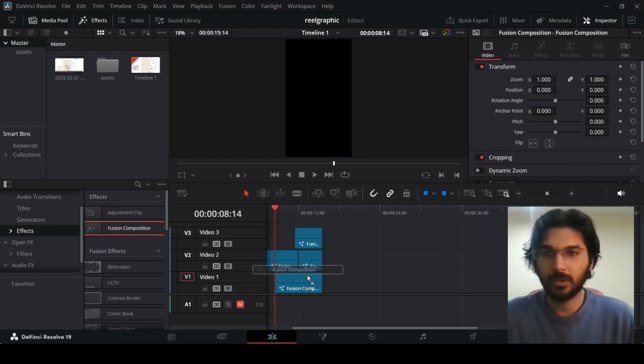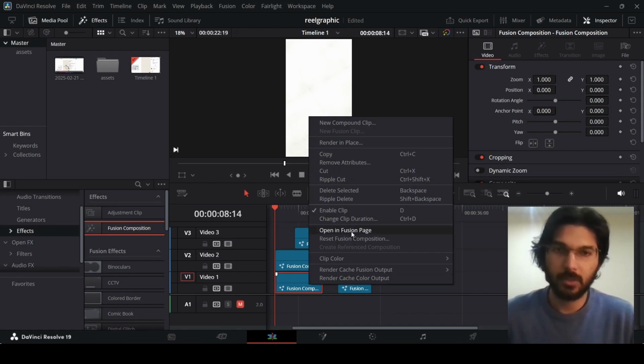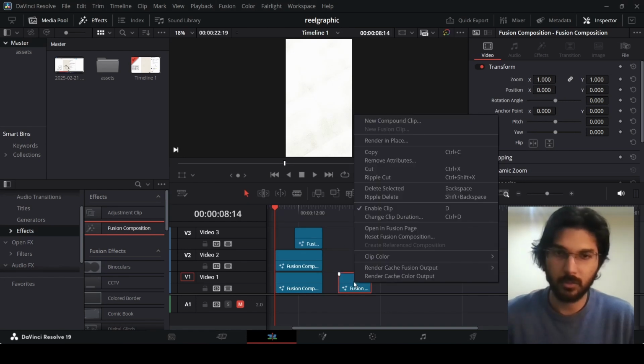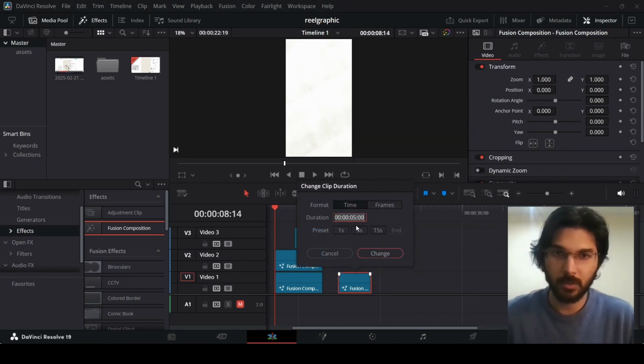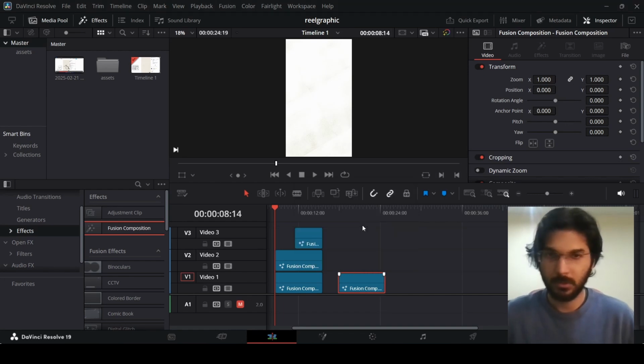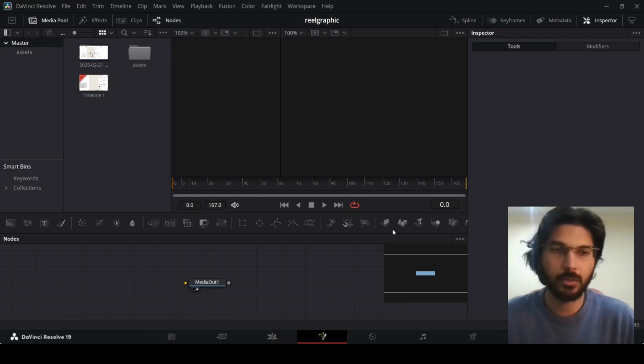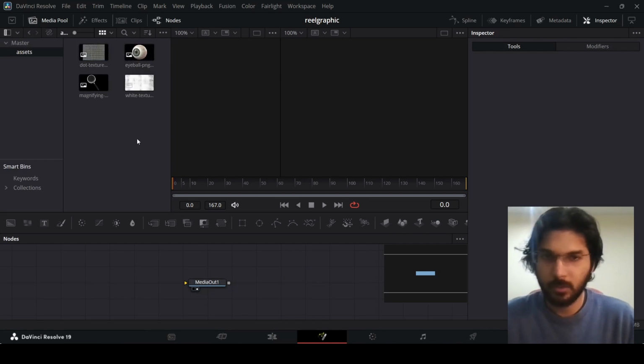The next thing you need to do is drag in a Fusion composition, and for this one you need to change the duration to 7 seconds. So right click, go over to change clip duration and change this from 5 to 7. All right, so let's go ahead, right click, open in Fusion page, and you need to download the assets